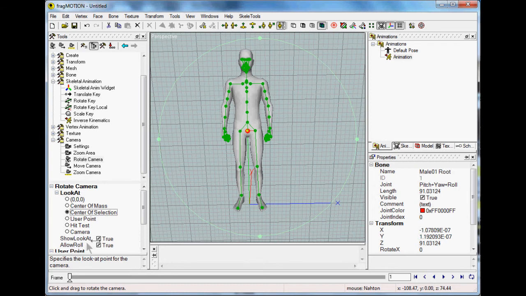And actually, as I click around, this show look at button highlights where you're selected. So right there, you see, watch it move. Right now I'm center of selection. Center of mass puts it right up here in his chest. 0 puts it here. It's a little green circle. User point